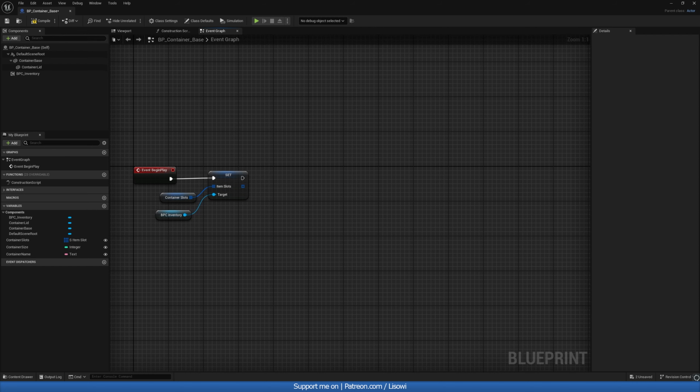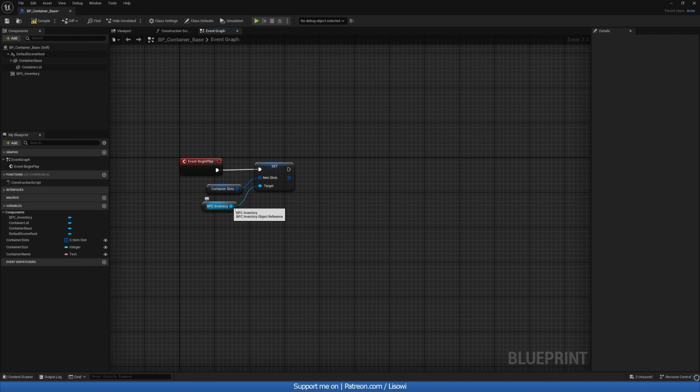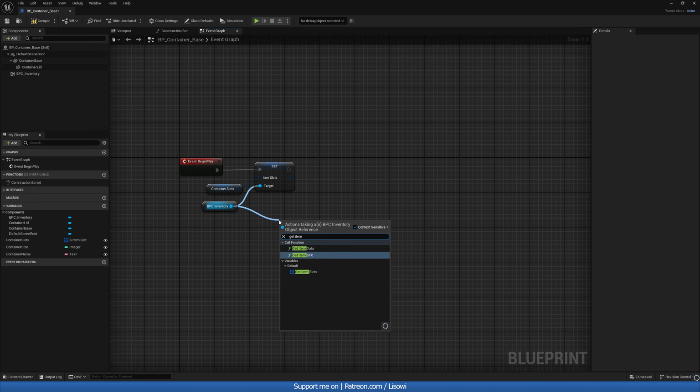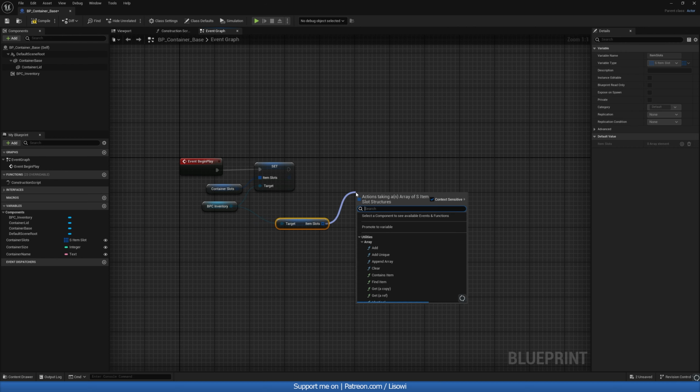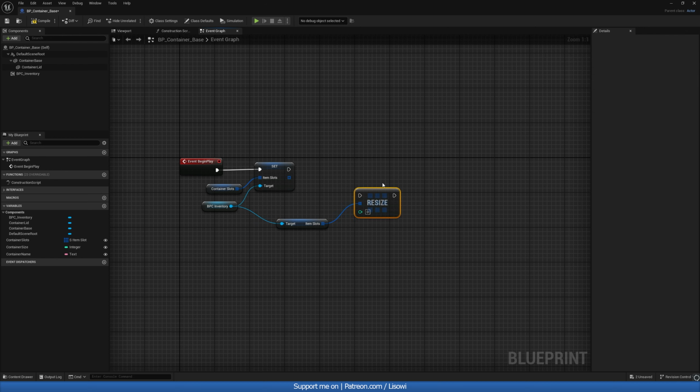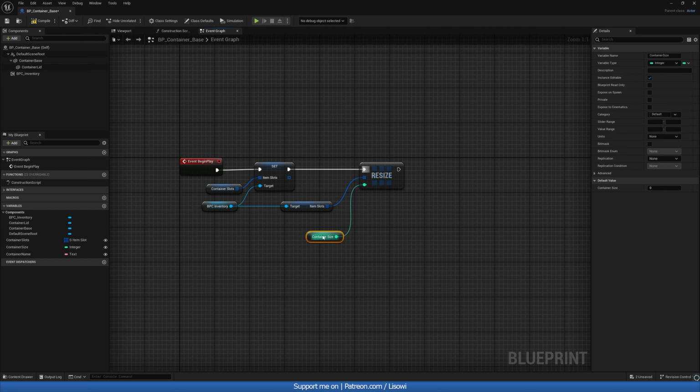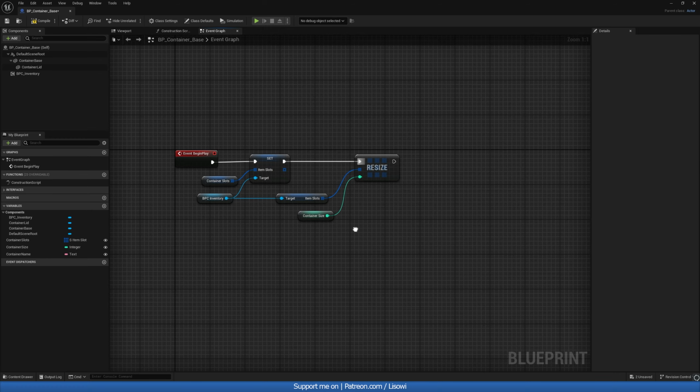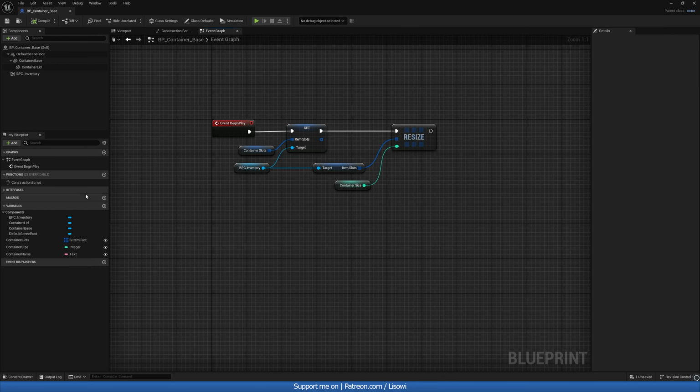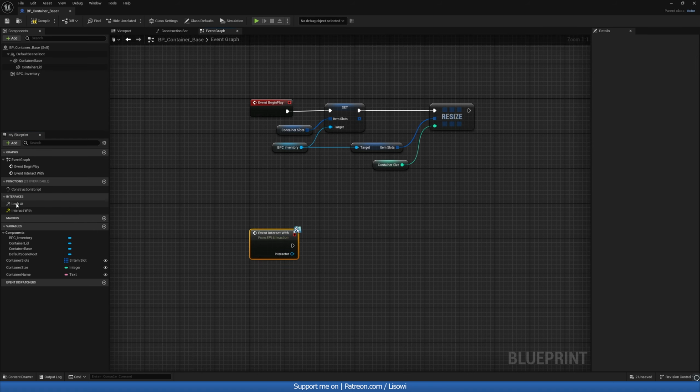Next, we want to resize this whole thing. So we'll do get item slots and we'll do resize. And the size will come from our container size, like so. Okay. Next, let's go to the left-hand side and click on the drop-down on interfaces, double-click on interact with, and